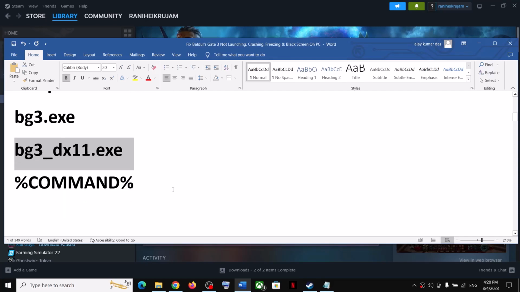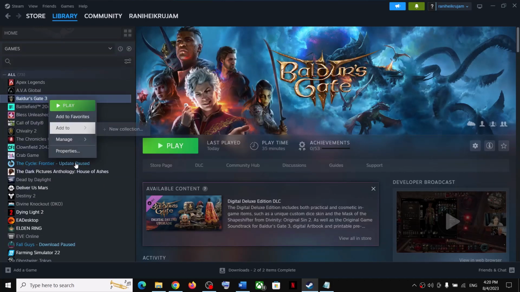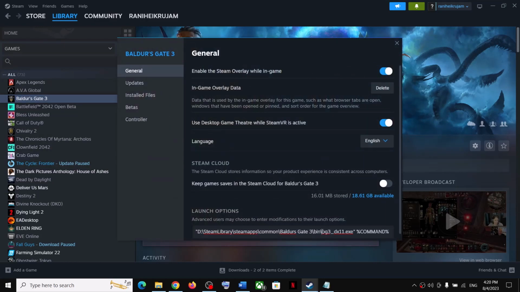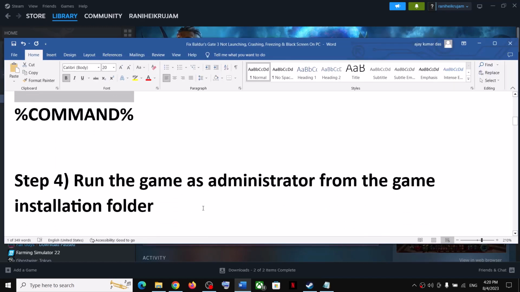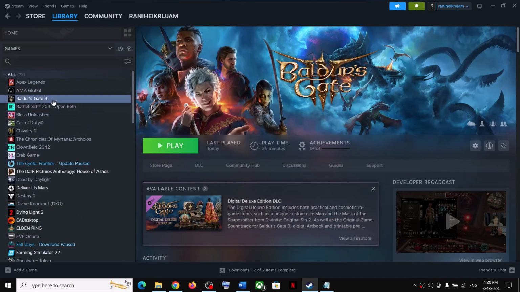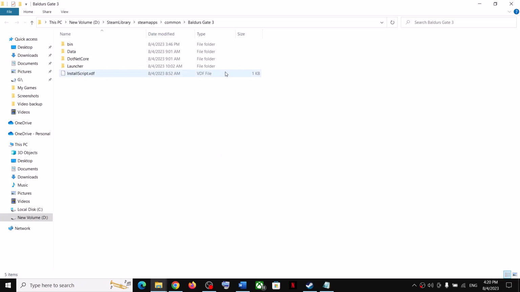Now even skipping the launcher is not working. In that case you can remove everything from here. Remove everything from here and then go to the game installation folder and launch the game as an administrator from the game installation folder. So again make a right click, select manage and click on browse local files and then